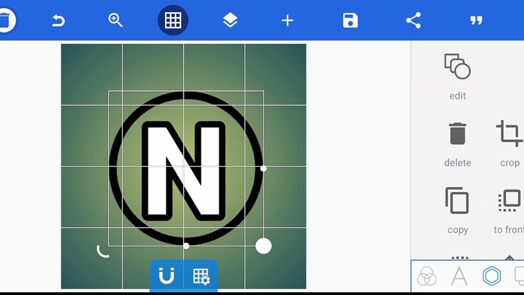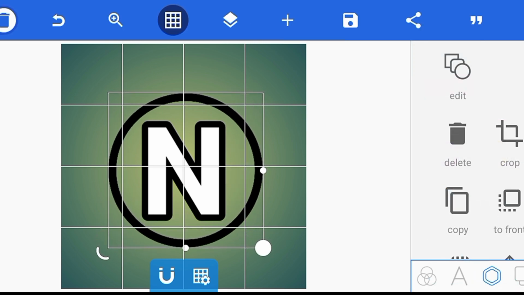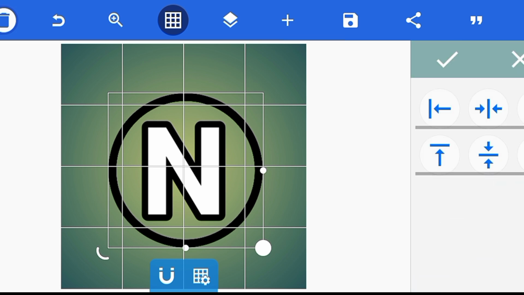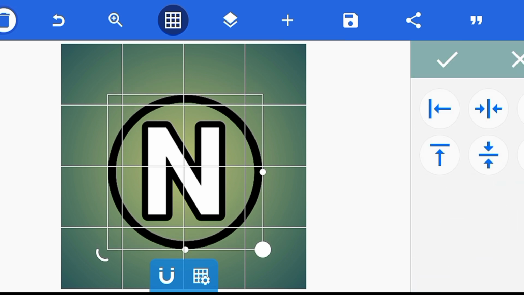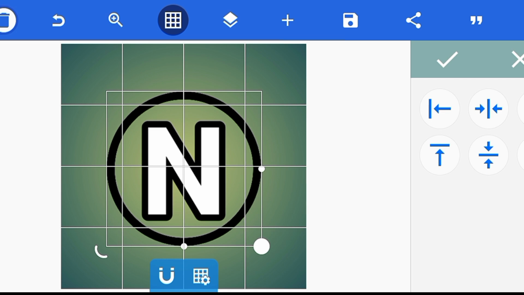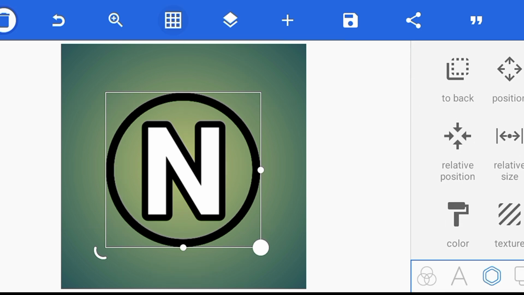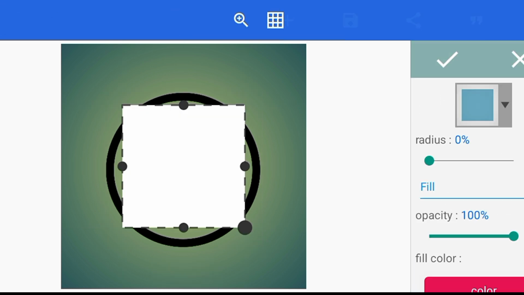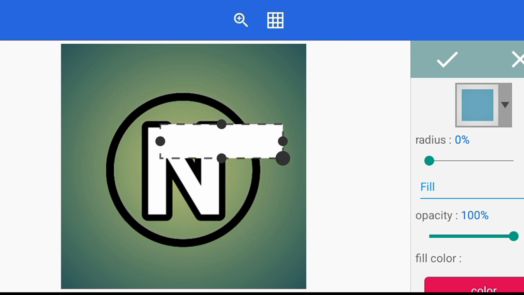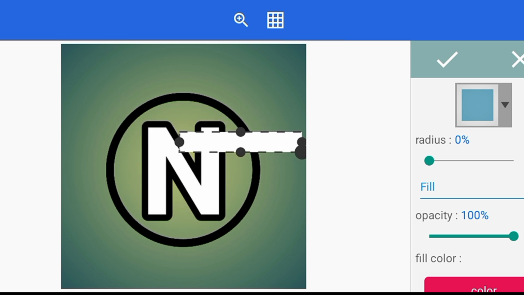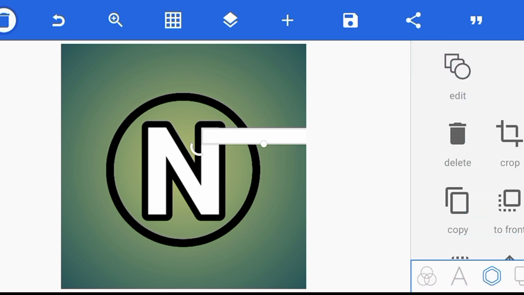So just enlarge it small. So go to your alignment and put it well. So I think it's okay like this. So the next thing we're going to do, just go to your circle shapes and reduce the square shapes, reduce it like this. I think it's okay, and place it here,